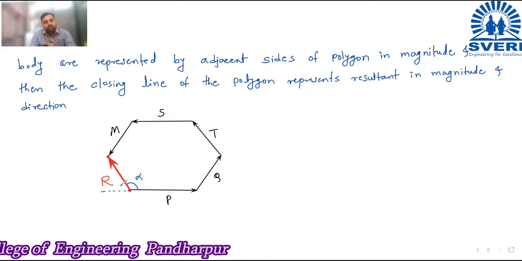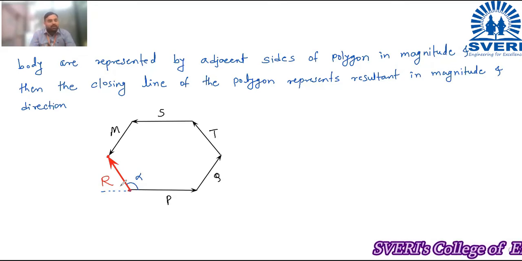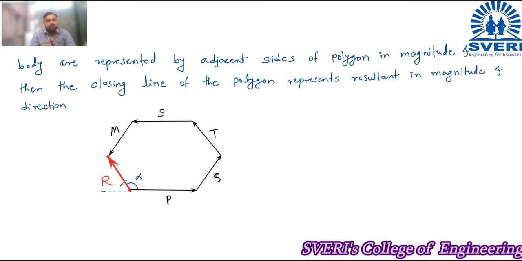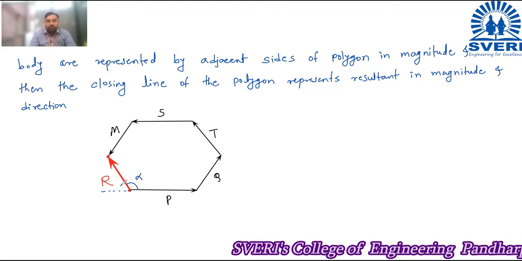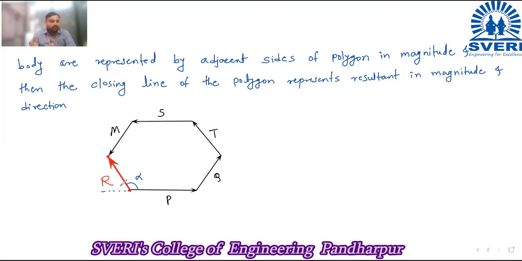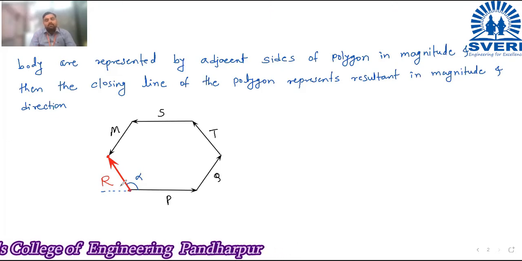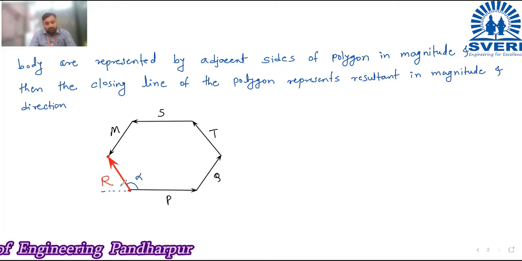All these laws are for the graphical methods. And graphical methods are not asked in the examination, but for your knowledge and information I am telling you these things. So except parallelogram law, in that the formulas are there, so you can evaluate it. But triangle law of forces and polygon law of forces are used for the graphical methods only.